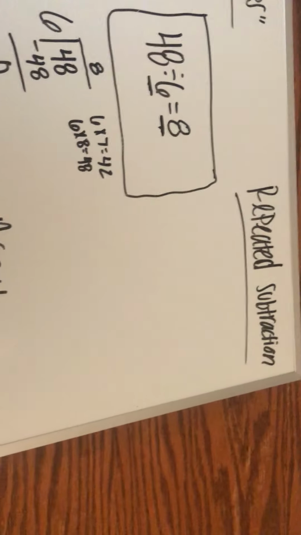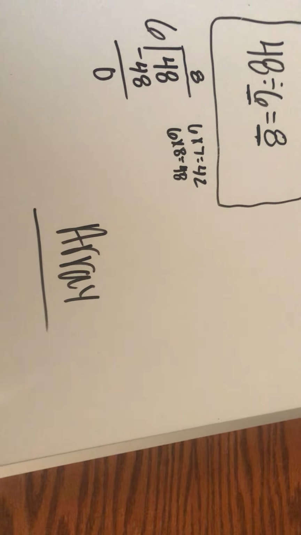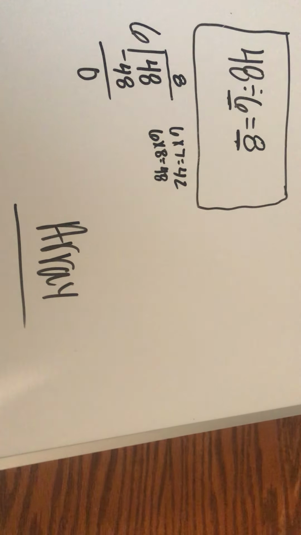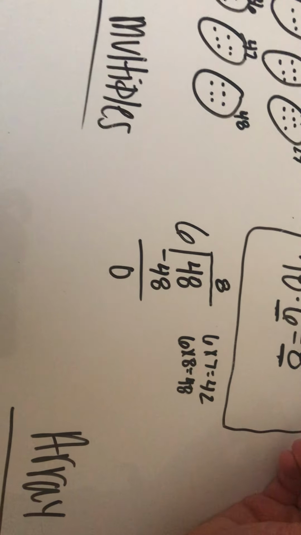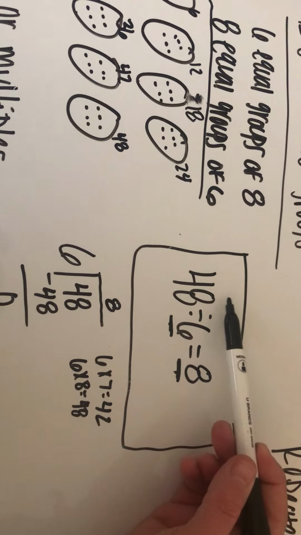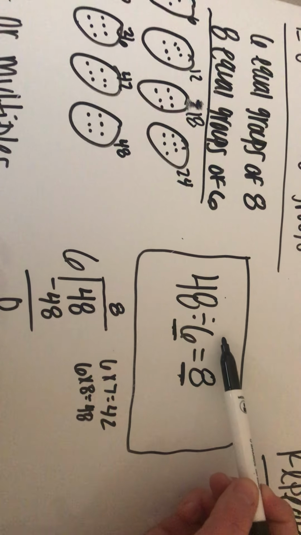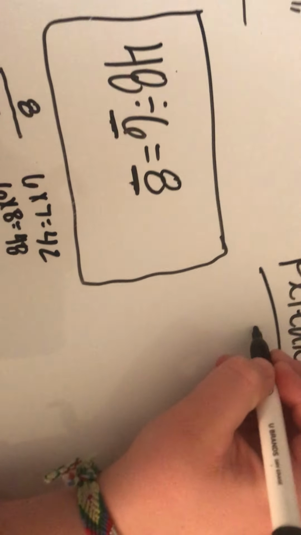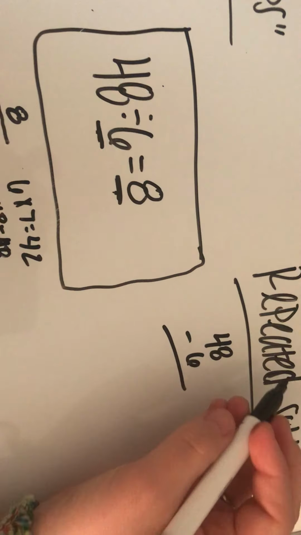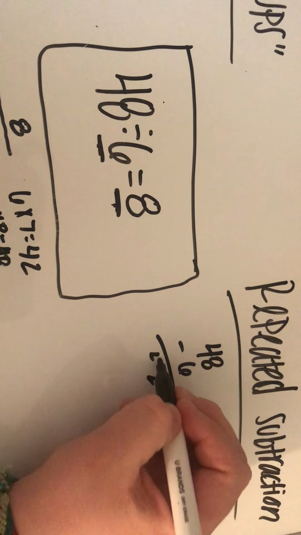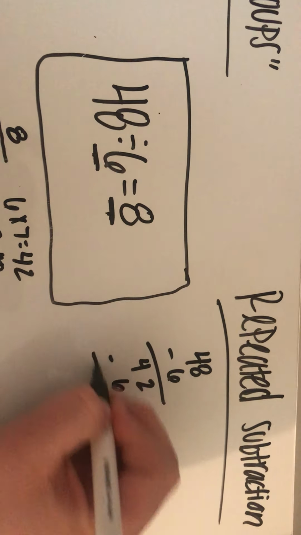Okay, so now we're going to look at the repeated subtraction part for division. Remember, division is just repeated subtraction. You're taking your big number in your problem and you're subtracting what you're dividing it by until you get to 0. So in this case, we're taking 48 and we're subtracting 6 each time until we get to 0. So if I set up my problem, 48, take away 6, and I start subtracting, that's 2, bring down my 4, take another group of 6 away,